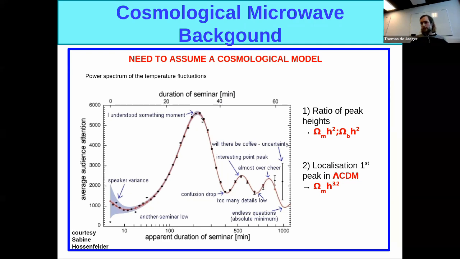And so you can measure the Hubble constant in the early universe using the CMB. Then you need to assume a model, for example our standard LCDM, to extrapolate this value to the local universe and compare with the supernova.